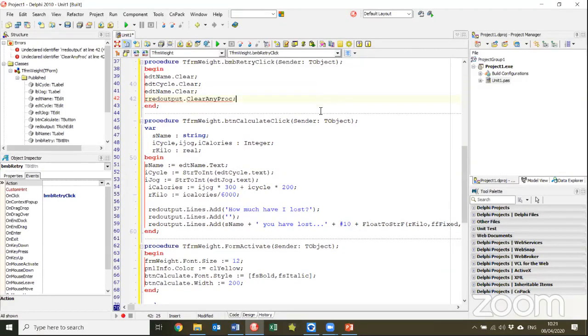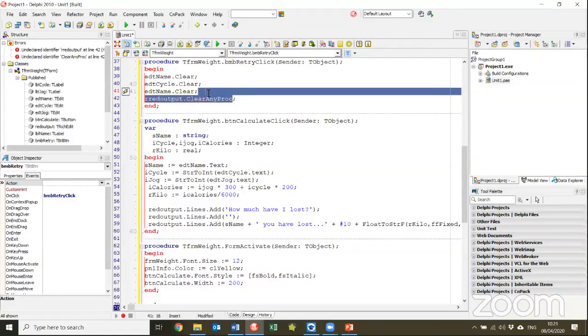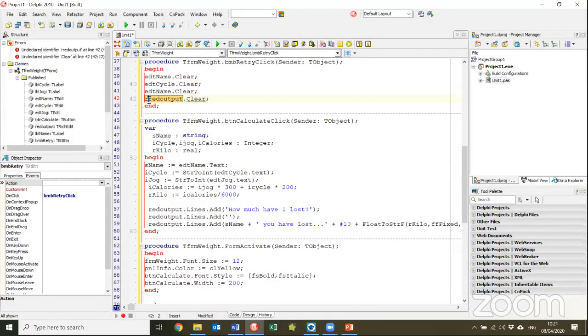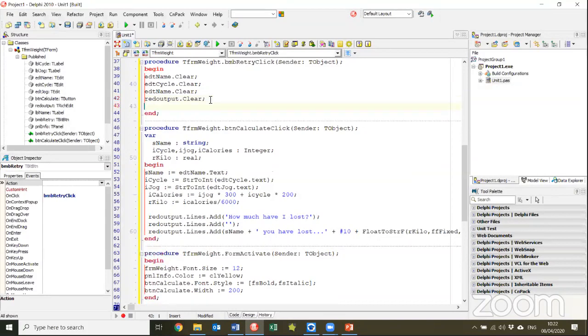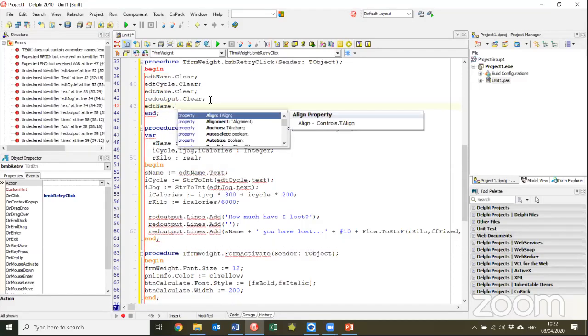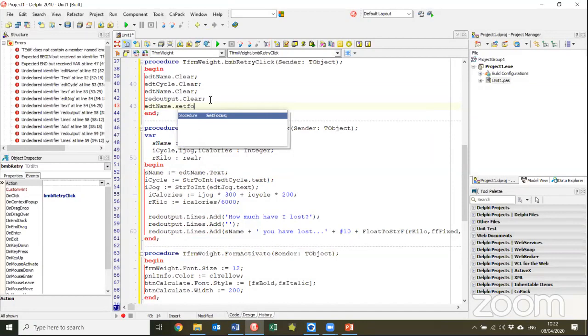Red out, oh my word. Delphi's not cooperating today, is it? Okay, red output.clear, red output.lines.clear will also work. And then how do I place the cursor into EDT name? So obviously I know that I'm going to need to refer to EDT name, and there we've got the answer: dot set focus,